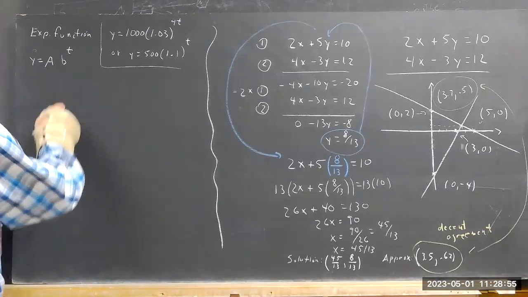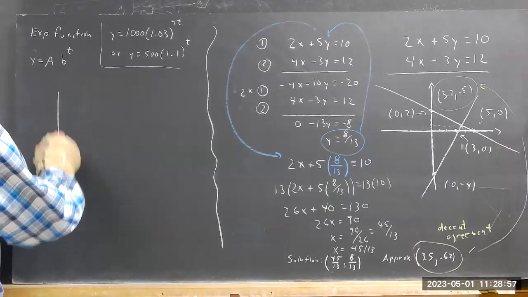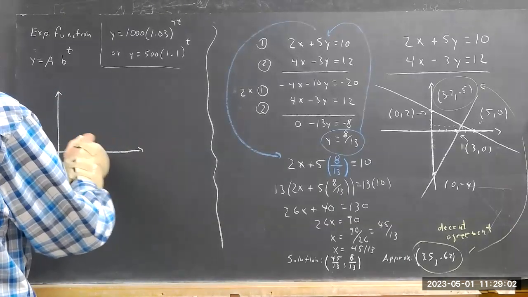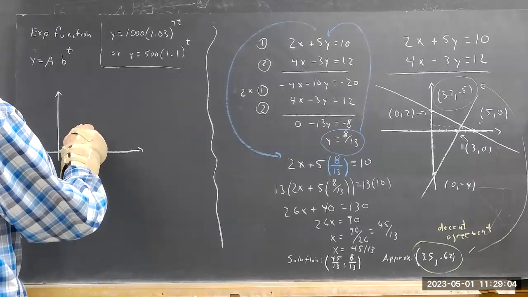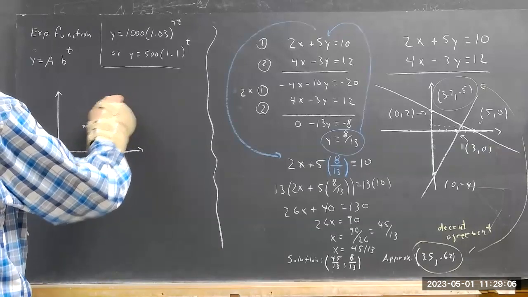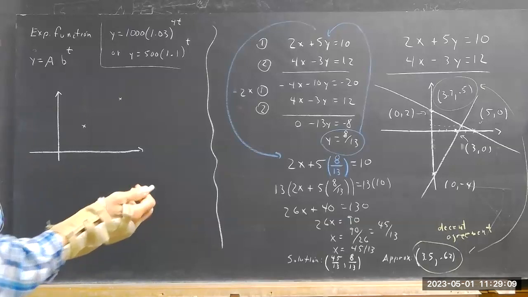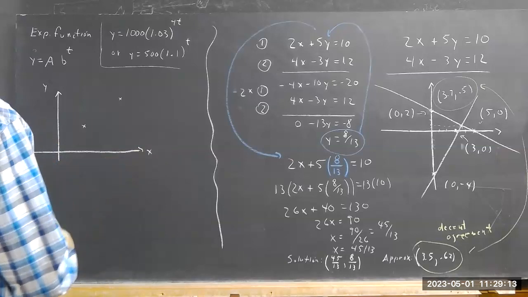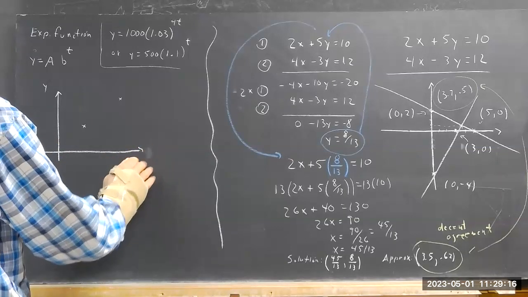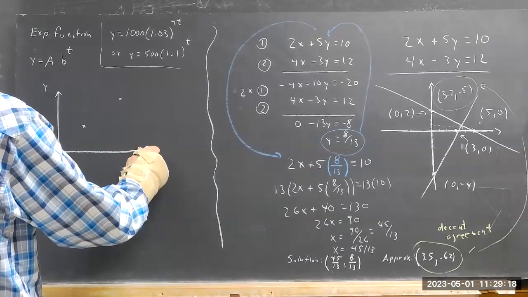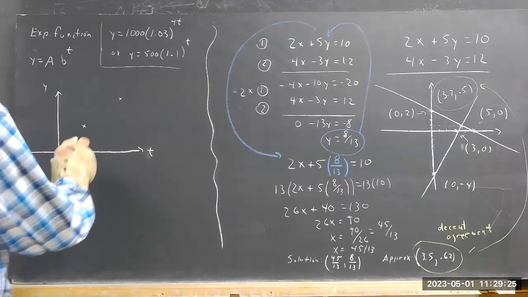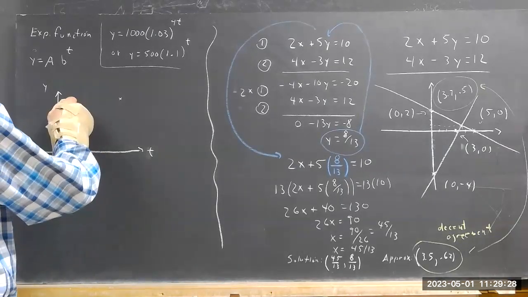Well, let's say we have 2 points on the graph of an exponential function. Exponential functions have an independent variable t. Let's say that the coordinates at this point are